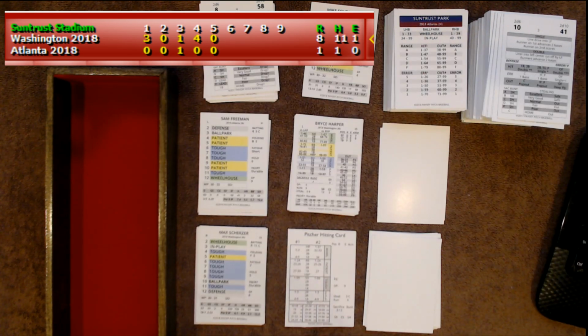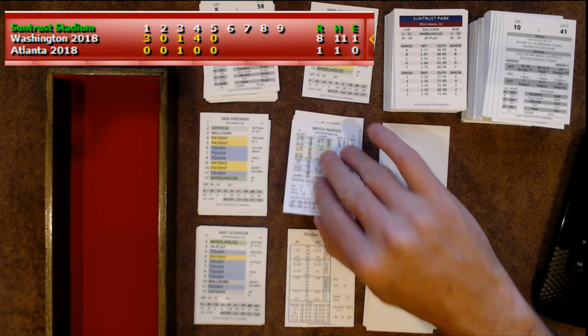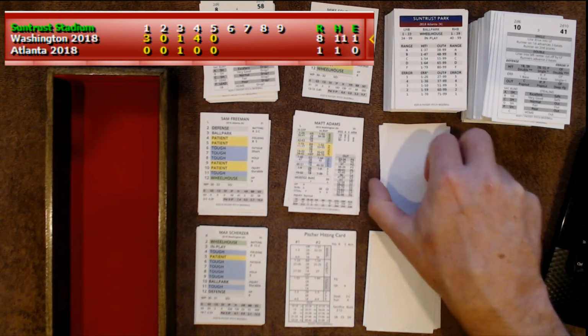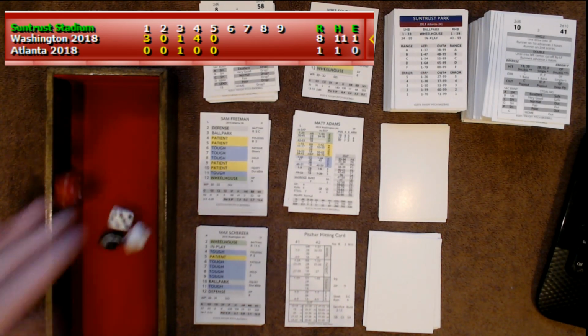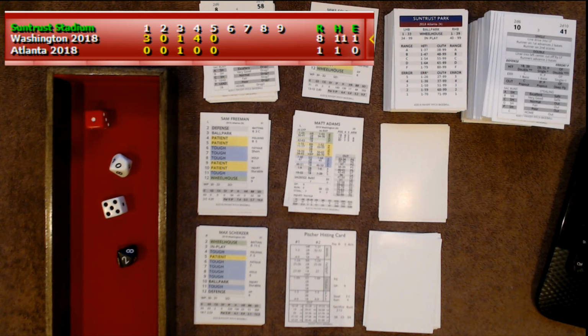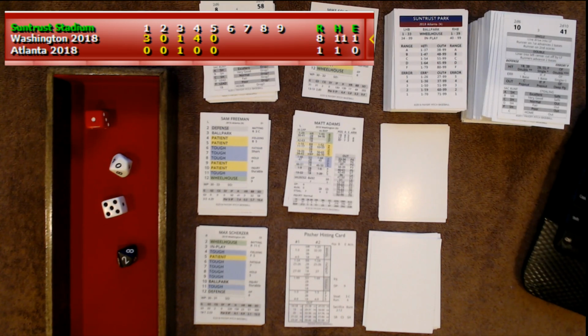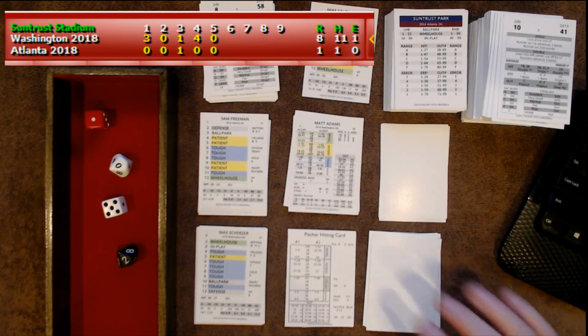Oop, and we can just move that aside. There we go. All right, Bryce Harper. Let's see, Bryce. Wait a minute. No, Bryce struck out to end the 5th inning, so I forgot to flip his card. It's Matt Adams. Matt Adams is 0 for 2 and also hit by a pitch. 6, tough 20. Stay right 3. Oops, I gotta click back over here. Stay right 3. Bring the keyboard over slightly.